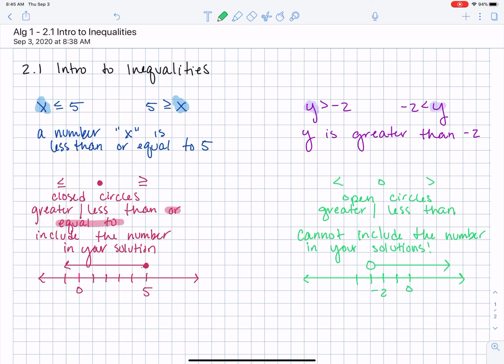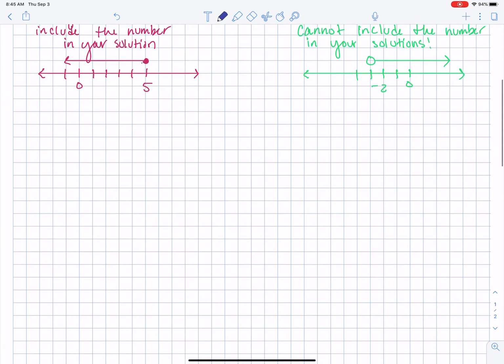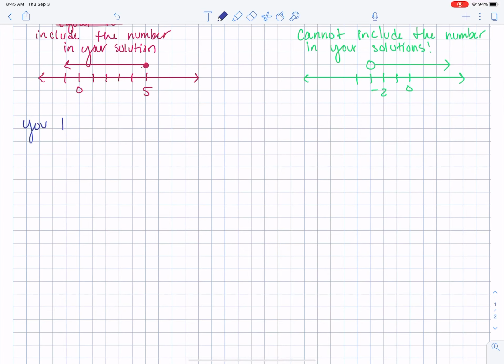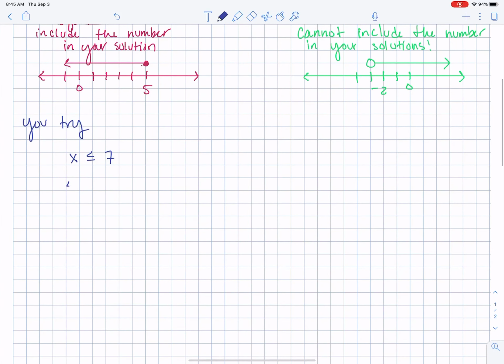So we're going to try a few of these graphs on your own. I'm going to give you the inequality. So we're going to say you try. We're going to start with x is less than or equal to 7, and x is greater than 43. Wait, no: x is greater than 1/2. Okay, at this time, if you wanted to pause the video and try it on your own, now would be a really good time. If you want to watch me,